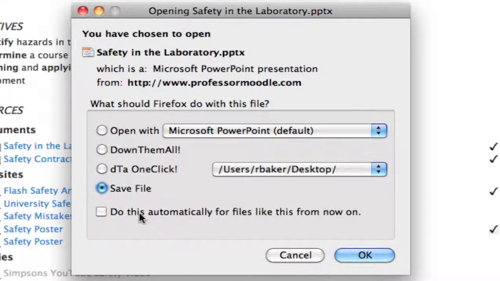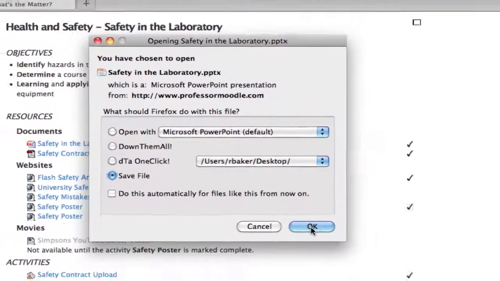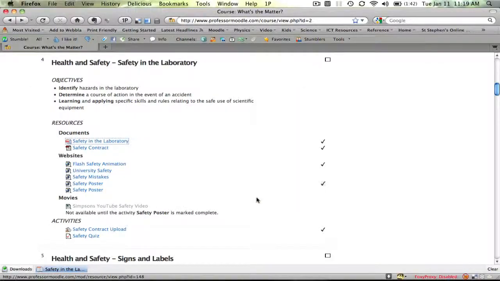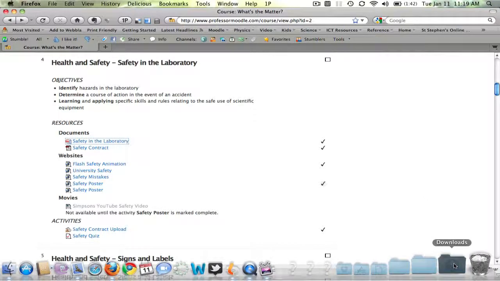Now I've got the choice here to do that automatically from now on, so when I click on it next time, Firefox will automatically download that particular file without this pop-up box coming up. But I'm just going to leave that checked for now, and I'm going to click OK. Now it's downloaded that file. Now how do I know it's downloaded? Well, yours will be different on the PC, but on the Mac here I can go to my downloads folder,